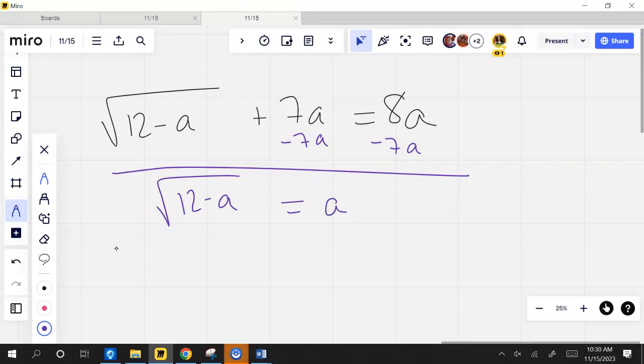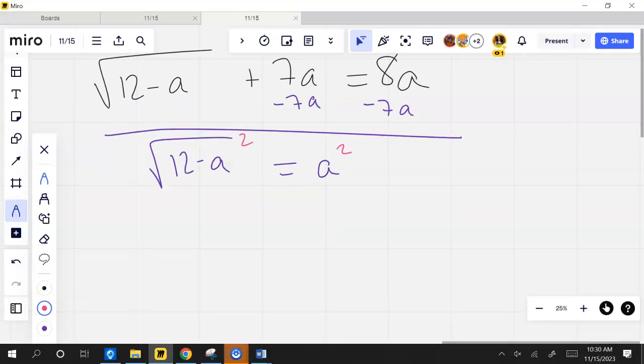Okay, so now everybody's saying they're stuck, but follow your steps. Isolate the radical. Is it isolated? Get rid of the radical. How do you get rid of the radical? You square it. Okay? So now I end up with 12 minus A equals,